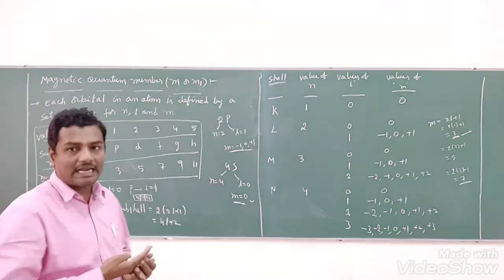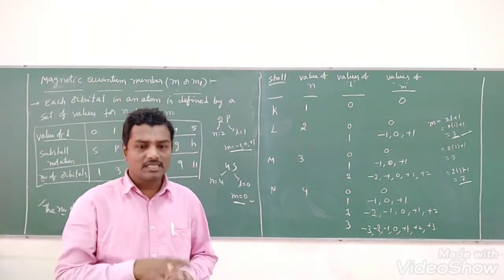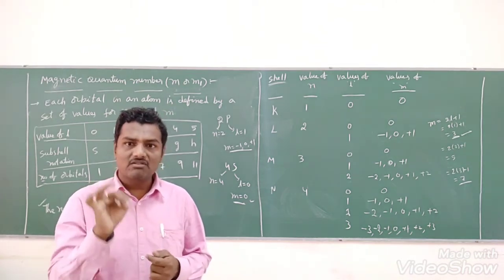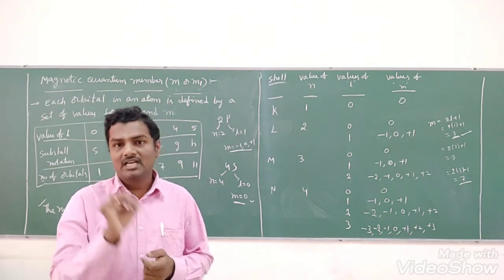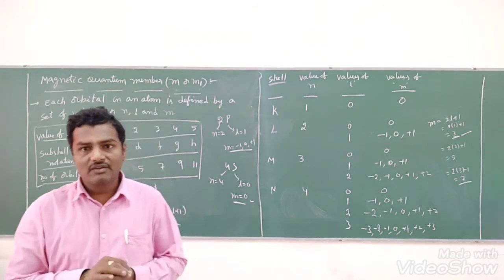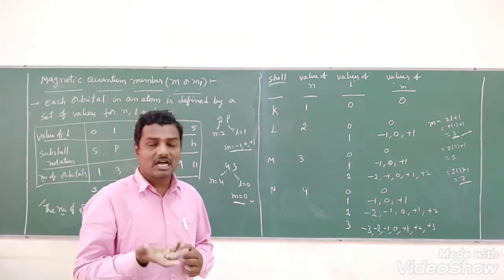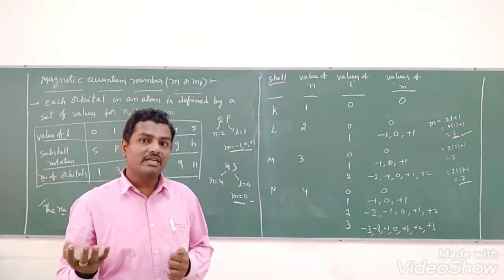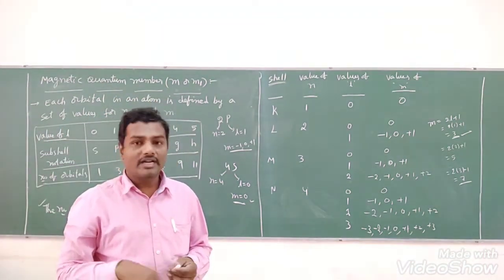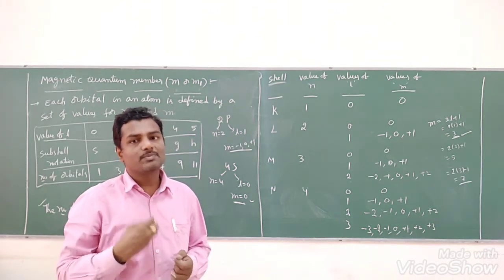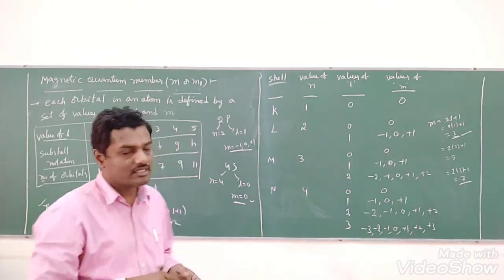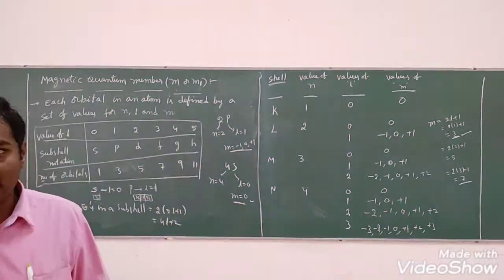This is about the magnetic quantum number. So see that, the principal quantum number, azimuthal quantum number, magnetic quantum number: these 3 quantum numbers are interrelated. These 3 quantum numbers are deduced from the Schrodinger wave equation. But another quantum number is also required for identification of the direction of the spin of the electron. What is that? The fourth quantum number, the spin quantum number, right? What the spin quantum number is, we are going to discuss, students. Note down these points, everybody.